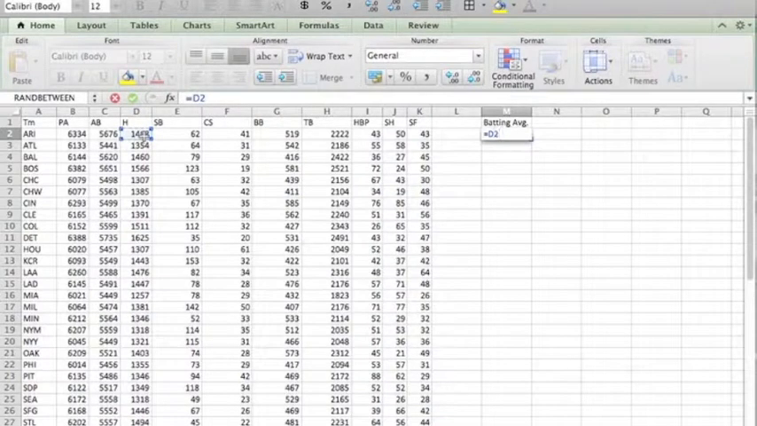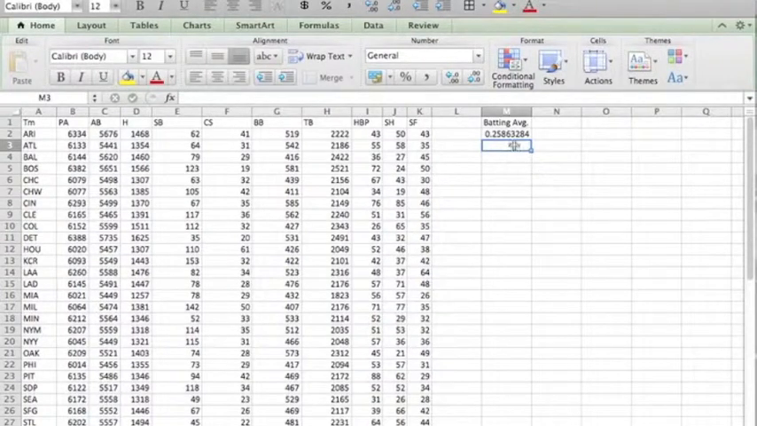D is your column, and 2 is your row. You have your column letter and your row number for the cell you're looking for. So we want D2, / to divide it by, and then we'll do at-bats, which is C2. And then we press enter. So we have a batting average of